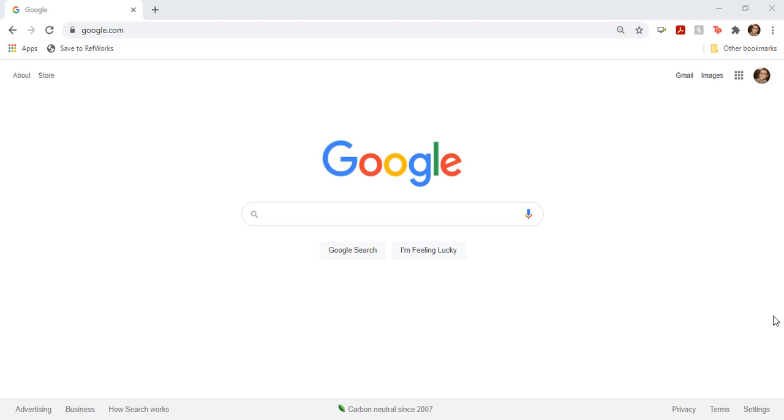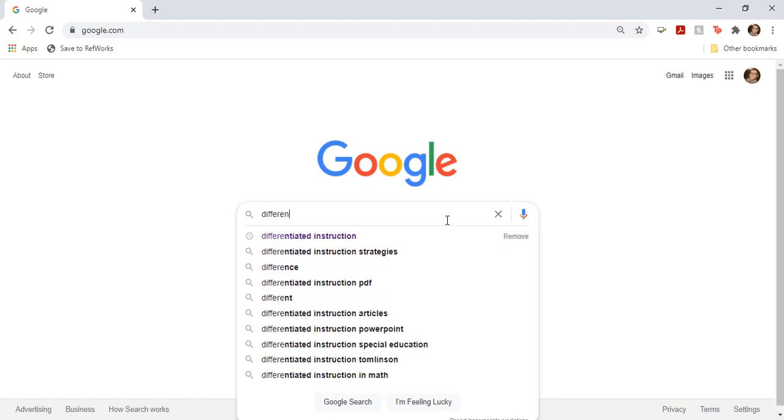Now, the easiest way to go about this is with a pretty simple search, including the search term for what you're looking for. So if you're looking for a bibliography or a literature review, you can just enter that in as a search term. The search term I'm going to use, though,